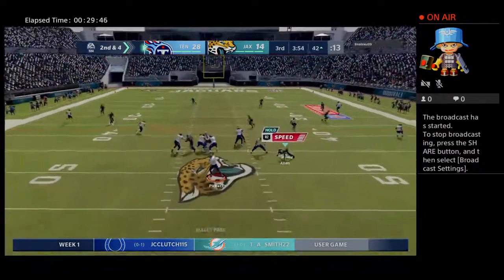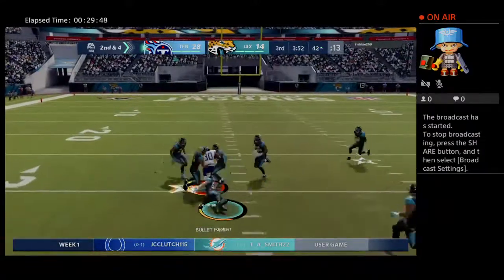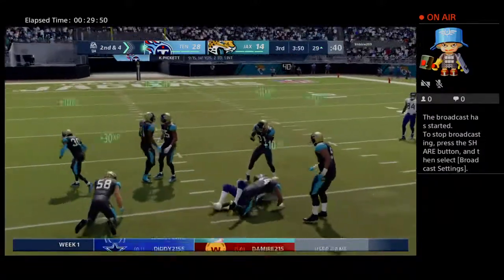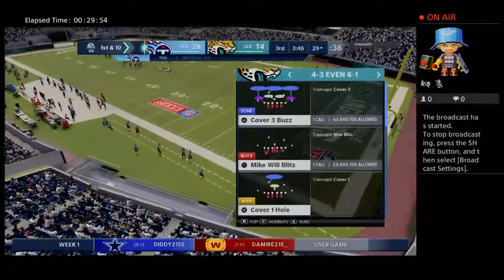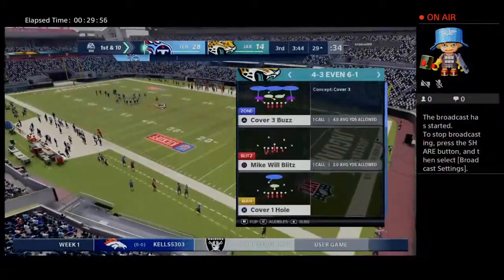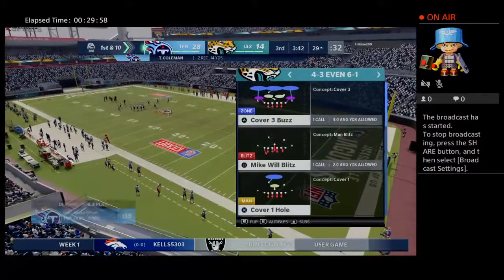Second and 4. He'll drop this down to Coleman. And he's going to get this inside the 30. A gain of 13. It's a first down. A gain of 13. And now we get into the psychology of the whole thing because a lot of teams